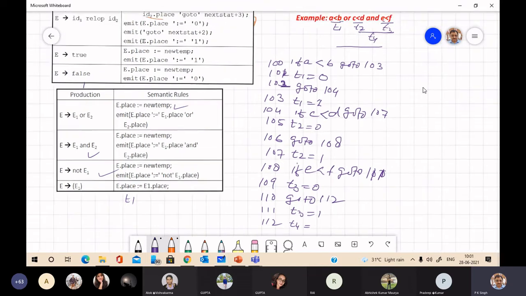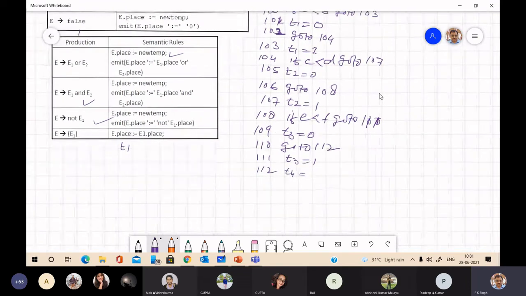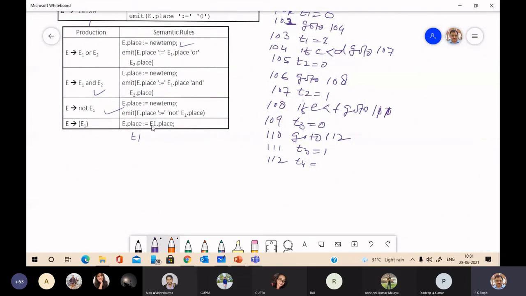E1 means the place value of C less than D, that is T2, AND operator, then E2 place, that is T3. So here you can write T4 equal to T2 and T3.